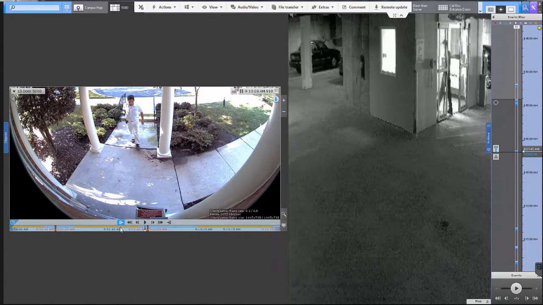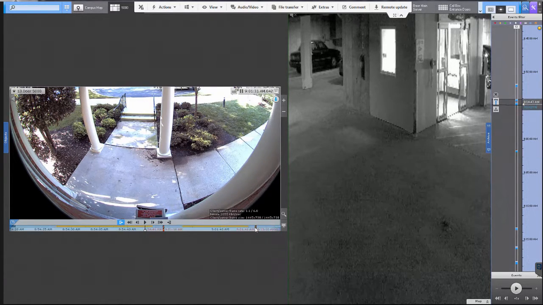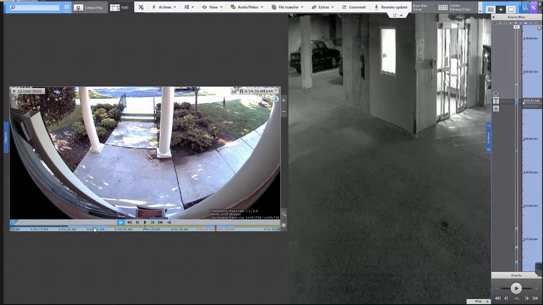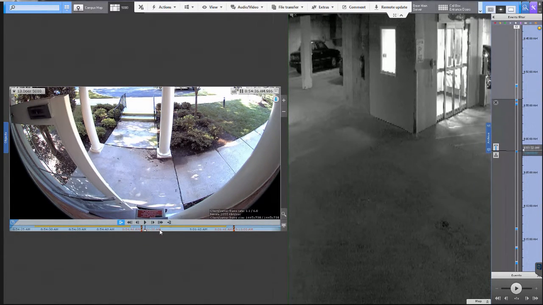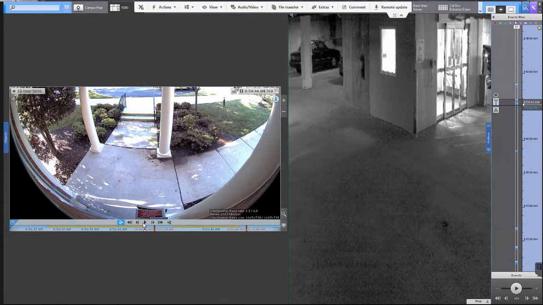We can use this timeline bar again just to scroll through here. Again, it's very user friendly as far as touchscreen goes. And when we get to the recording of the gentleman leaving,